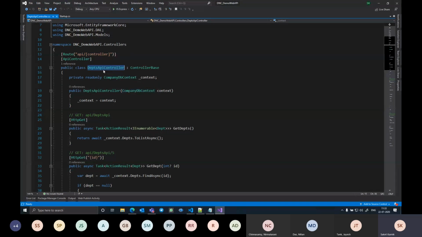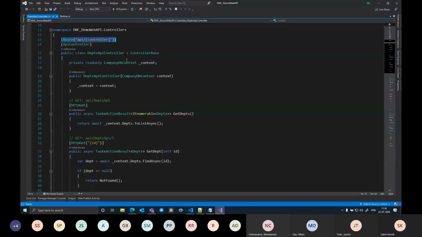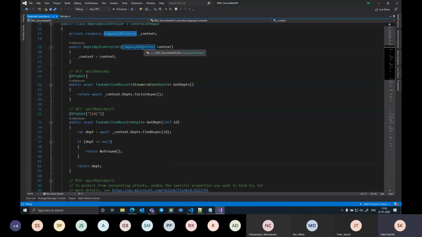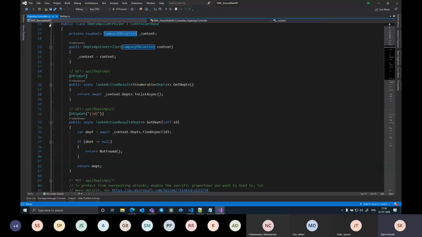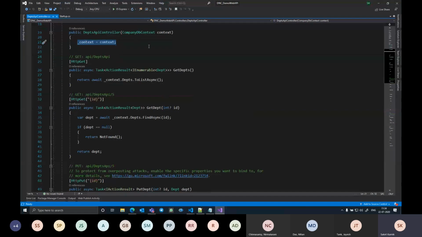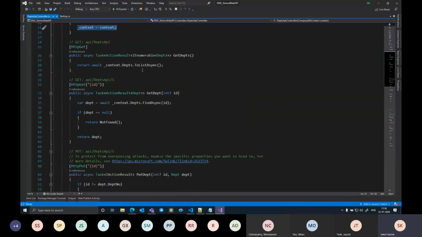So you can see there is a controller now, DepartmentsController, marked as ApiController, and the route template already coming in as api/[controller], and a CompanyDBContext variable being defined as a member of the class for which we are using dependency injection. As we have configured the DbContext already with the IoC container, we are retrieving or searching for that dependency within the IoC container and assigning it back over here. So this is the statement for the same. We're using constructor-based dependency injection. And then we have some methods that represent our